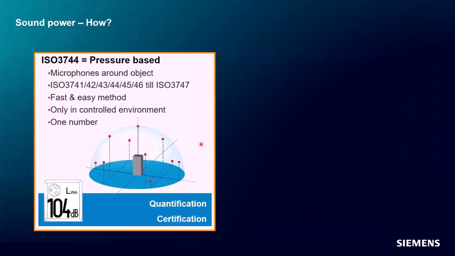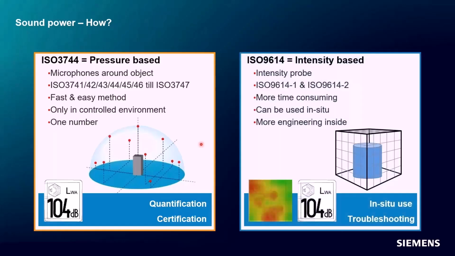And sound power, to measure it, there can be two different ways to measure it. One is called sound power based on the sound pressure, and also sound power based on sound intensity. Intensity is another quantity which is commonly used in the acoustics world. That is a vector quantity. It represents how much of sound energy is coming through a unit area. So it is a vector quantity. Unlike sound pressure and sound power, which are scalar, sound intensity is vector.